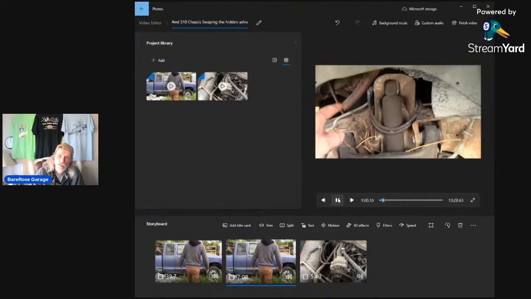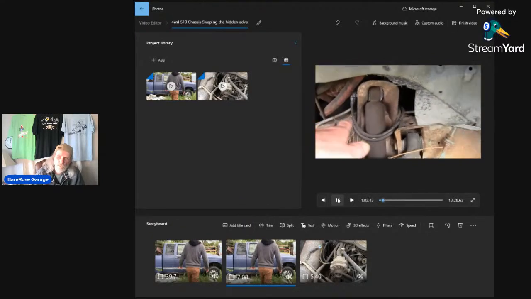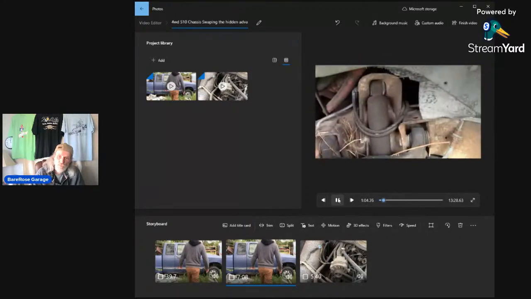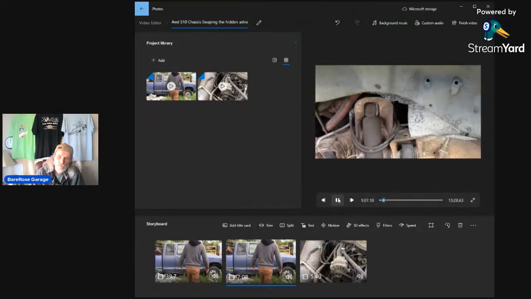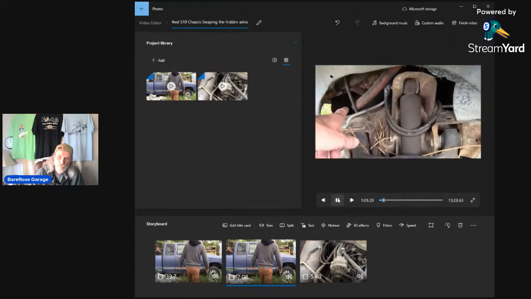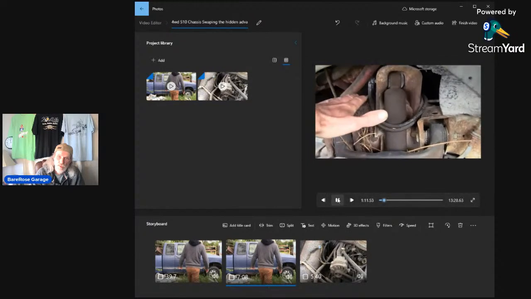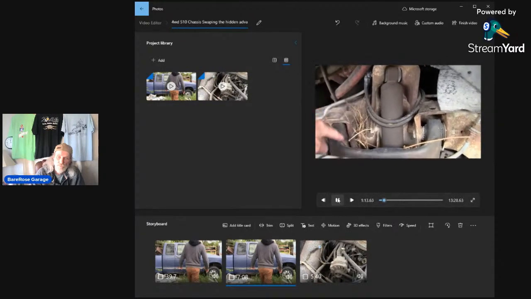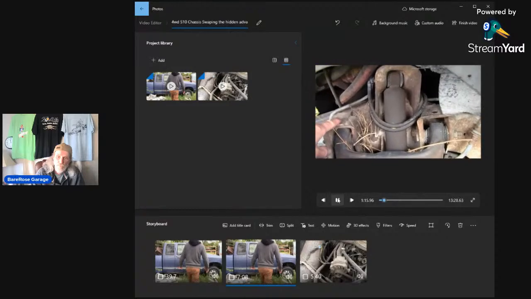Okay, to deep dive in right here at the start, this is the four-wheel drive A-arm setup. Now, on a two-wheel drive, I could show you over here in just a second. The two-wheel drive sets up on top. The four-wheel drive, the A-arms are connected to the side here. Now,